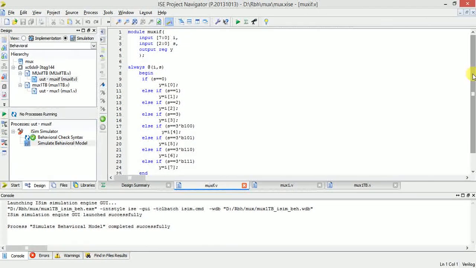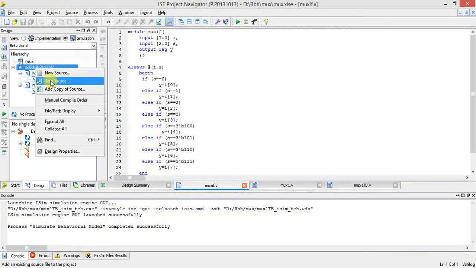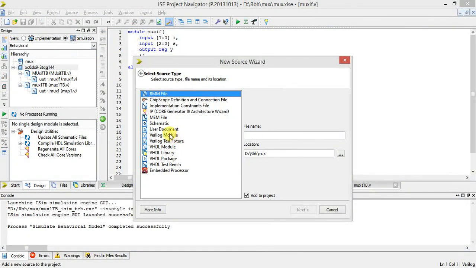The same program you can write using an if statement also. Right click here, add new source, select Verilog module. Again, write here MUX if, MUX 8 to 1 if. Okay, then